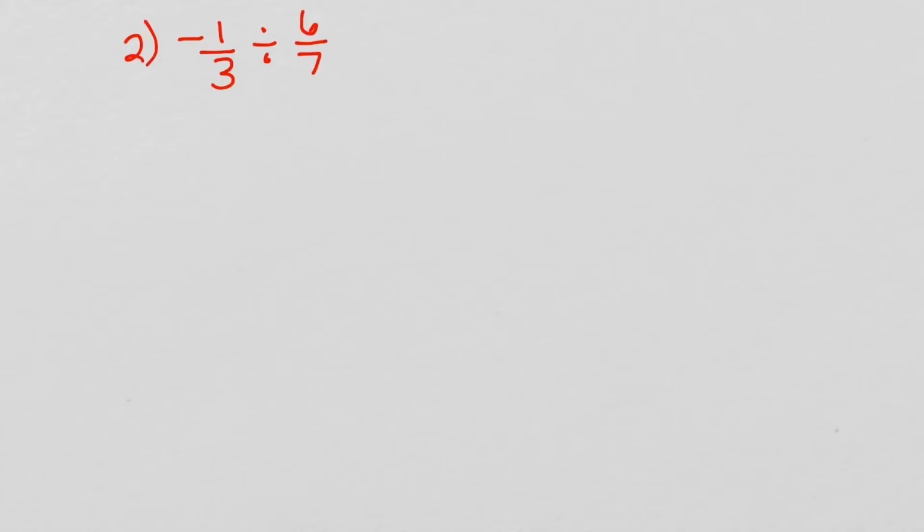All right, now I'm dividing fractions. So when I divide fractions, I have to remember my little rhyme that says dividing fractions is easy as pie. And what we're going to do is flip the second one, and then we're going to multiply. So we're going to flip the 6/7 to 7/6, and then we're going to look to see if there's anything